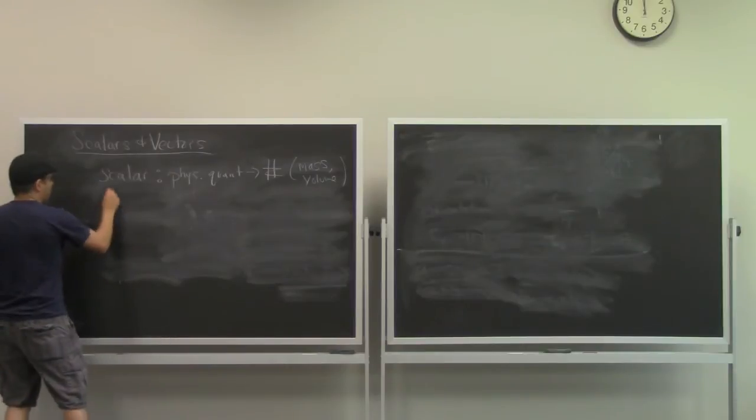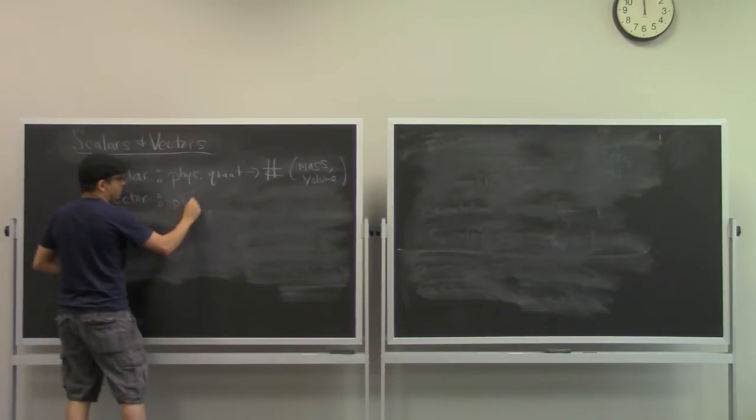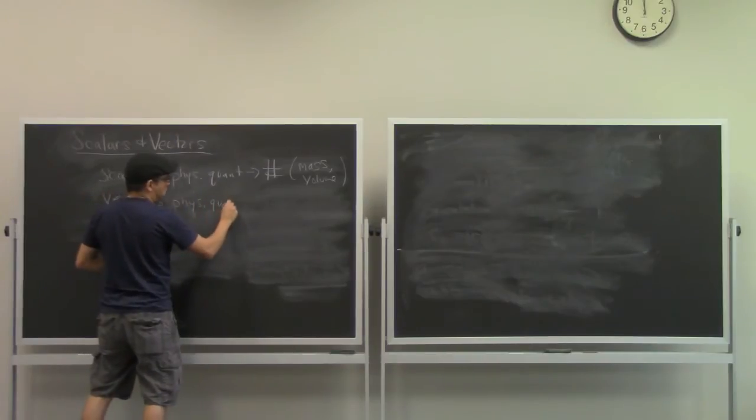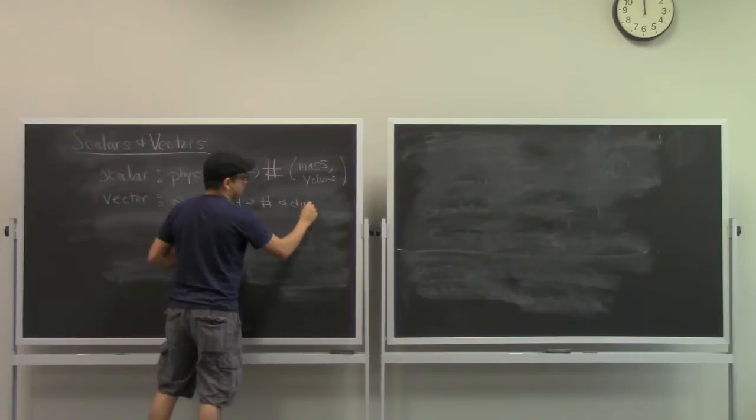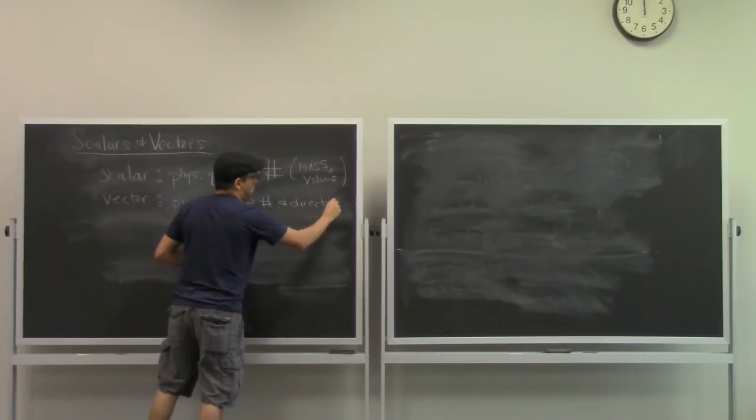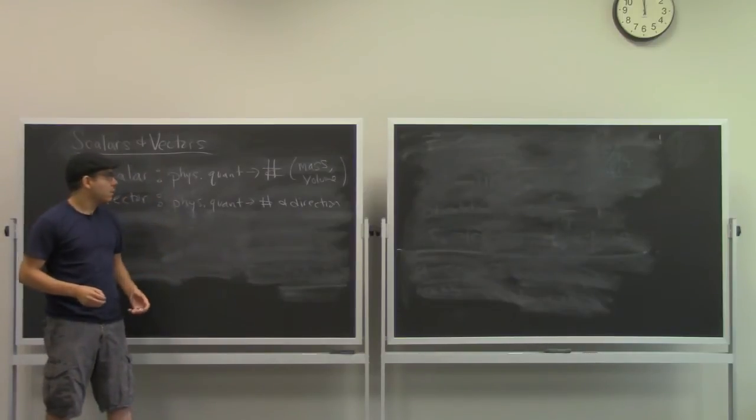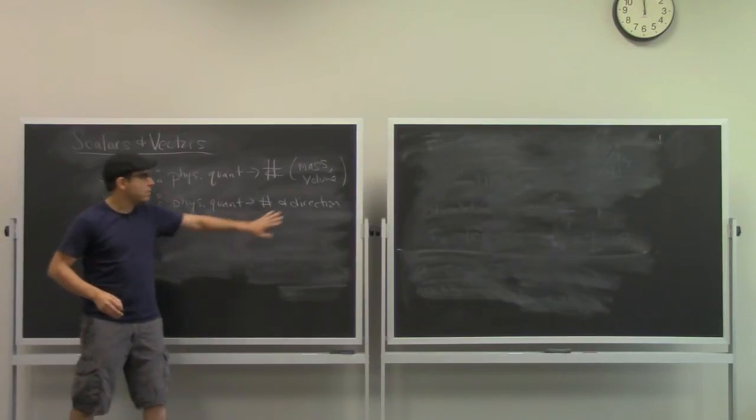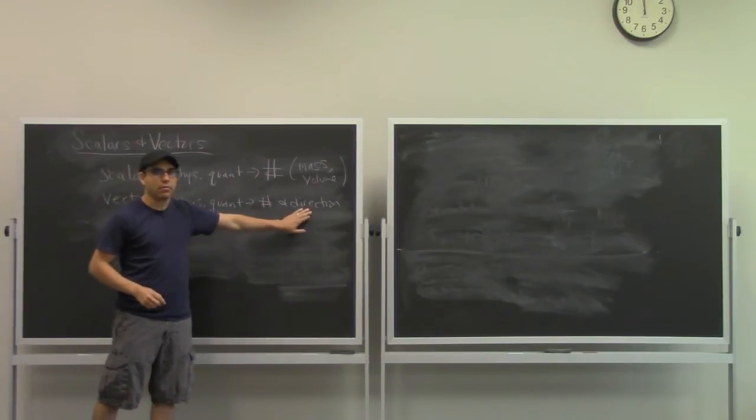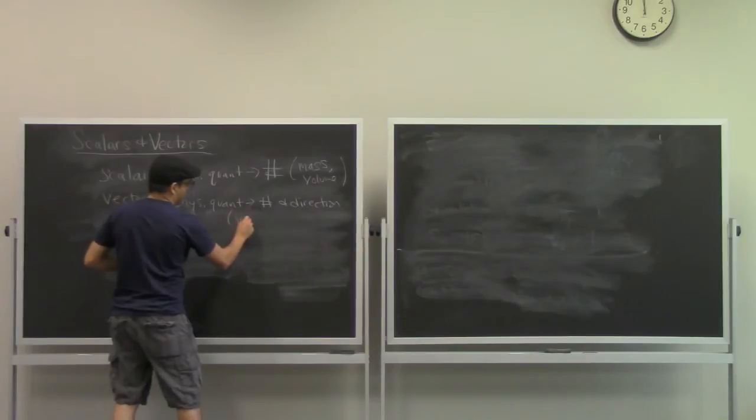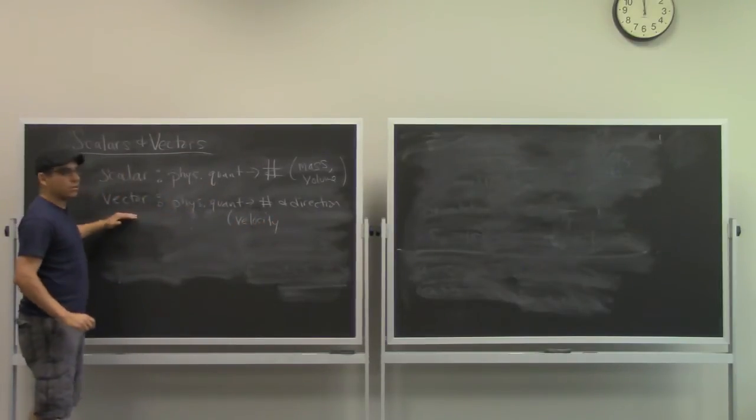A vector, on the other hand, is a physical quantity in physics that has a number and a direction. So I might say I'm driving 40 miles per hour. That would give you the number, but it doesn't give you the direction. I would have to say I'm driving 40 miles per hour east on Grand River. That gives you my velocity,